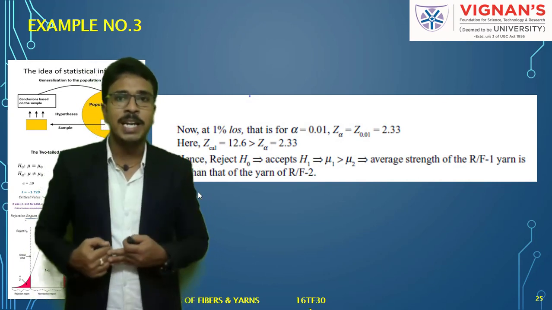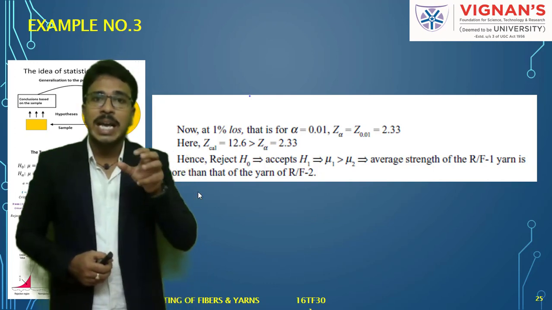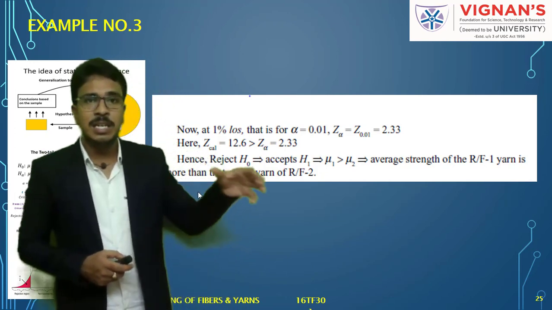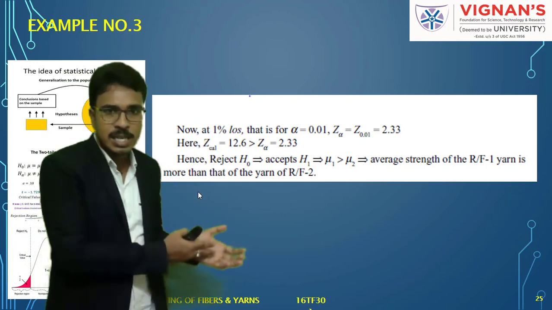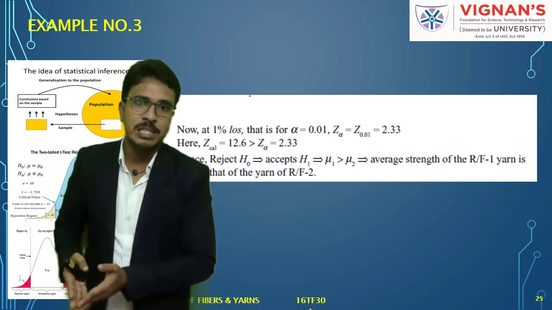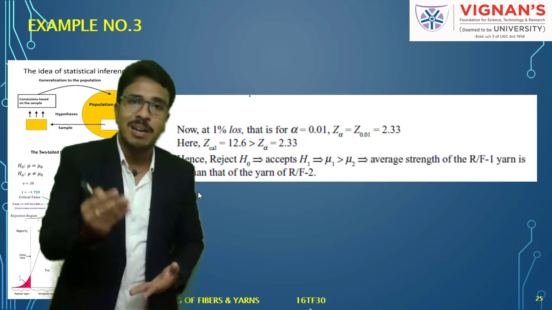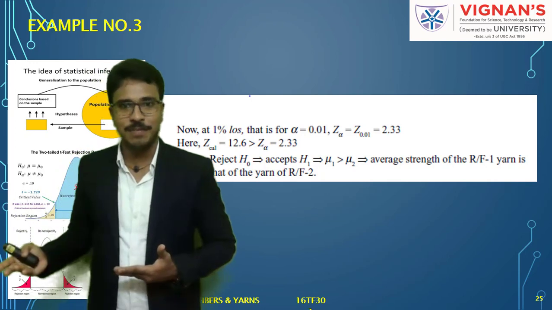So why are we finding out our table values? We have to arrive at whether this Z statistic comes under the critical region or not. Either it is coming under the critical region or the acceptance region. So how are we deciding it? Based on the alpha value. This alpha is related to the level of significance.